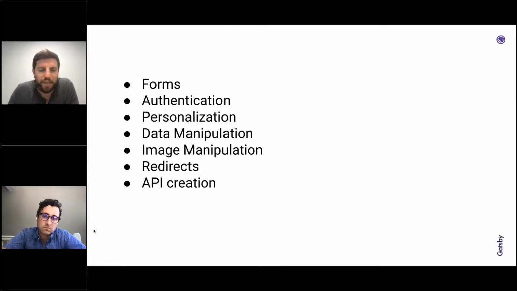I think one of the quickest, easiest ones that people around Gatsby have been asking for is quick form manipulation, have forms that enter data, can retrieve it, authentication, personalization. We think about this a lot as well. There's some A/B testing capabilities that could now be done with functions. In general, you can just have more personalized and stored things in the browser and on the machine to say hi Dan when I log into a site. Data manipulation, image manipulation.